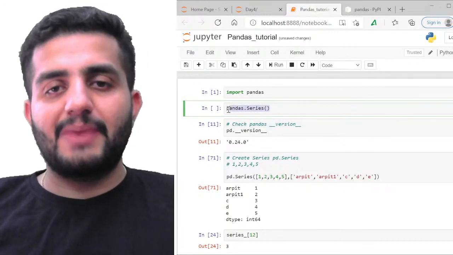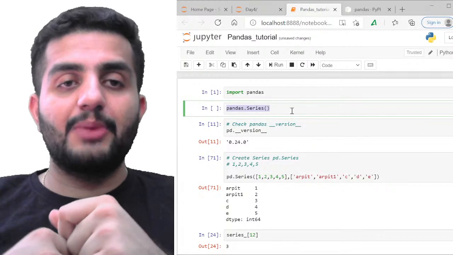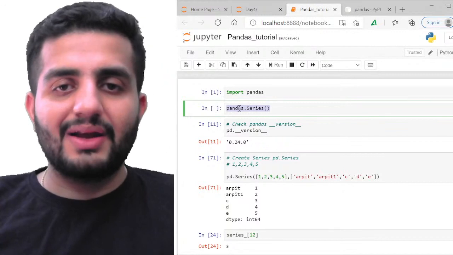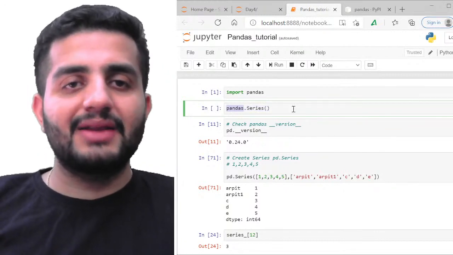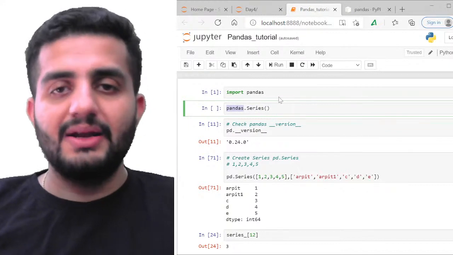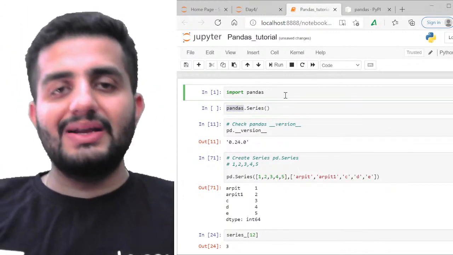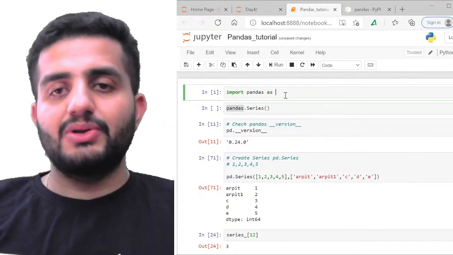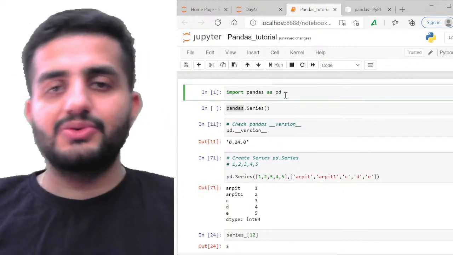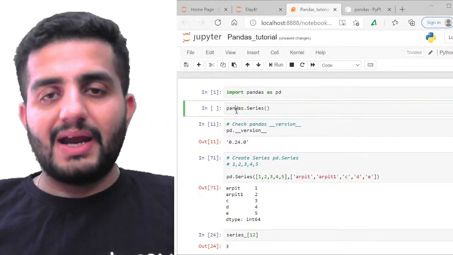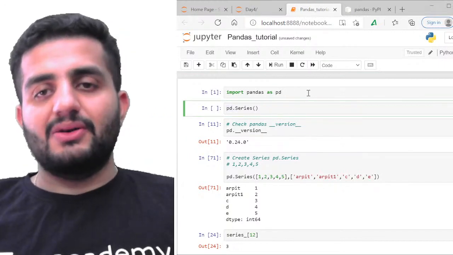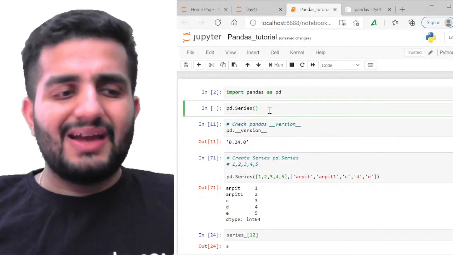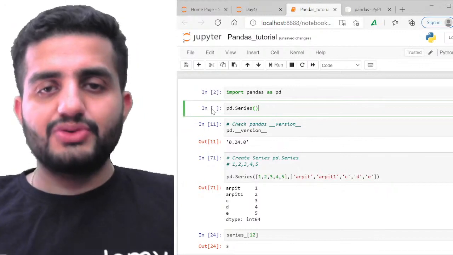That's the problem here, because what if the name of the library is too huge? Say something like 10, 12 characters. You're going to be writing 10, 12 characters every time, right? That's time taking, and that could cause errors also. So we have a functionality to give it an alias name. We can write import pandas as, say, pd, or whatever name. Just p also is fine. Whatever alias you give, you can use that. So instead of pandas, I'm going to be writing pd dot series now. I've just shortened it to make it friendly and error free. Cool, that's something which is good.